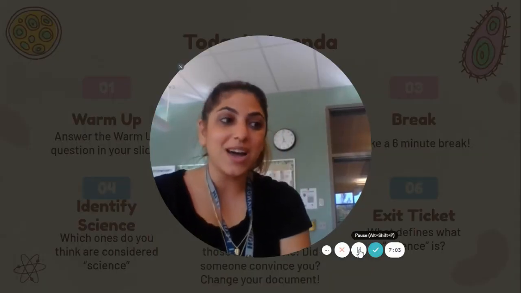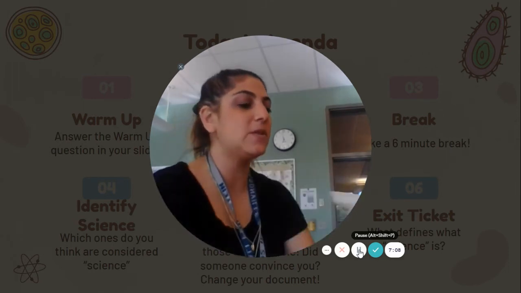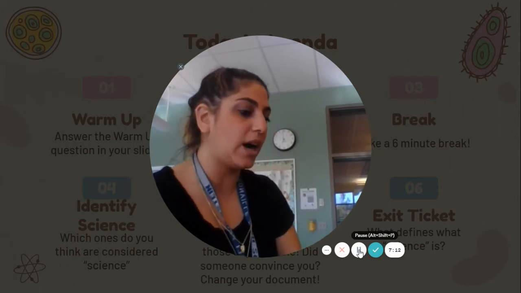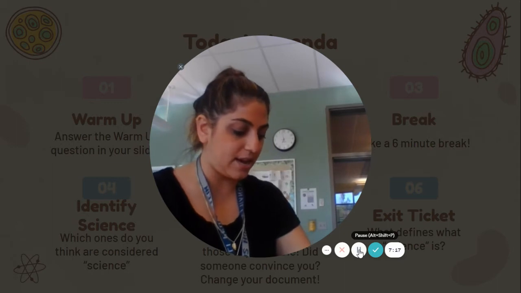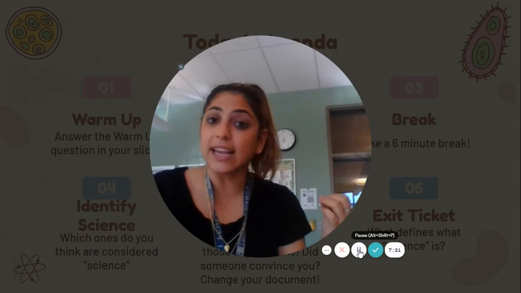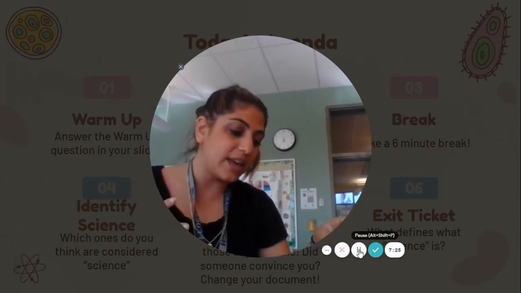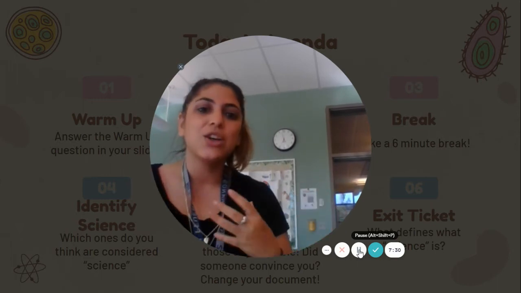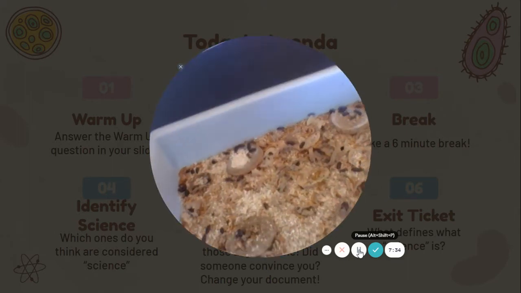So now I'm at the Mealworm Colony station. Some of you guys will have had a chance to look at this yesterday or the day before, but I really just want to remind you that this is going to be an area that you can look at. And these are really safe and they're fun and they're not going to hurt you. So if you're brave enough, you can pick them up. I'm not one of those people, so I'm not going to do it, but you can pick them up, hold them, play with them. I'll give you a closer look.